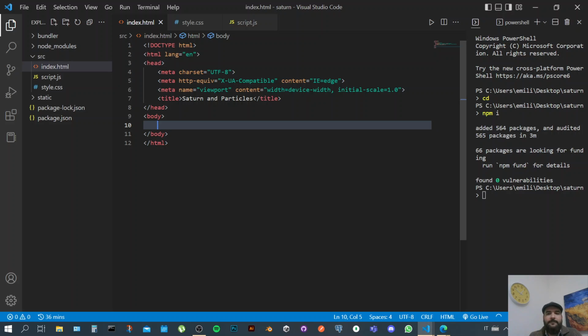So I will add a canvas element, and we'll give it a class of canvas. For that, you have a very quick shortcut. So canvas dot, the name of the class that I want to give, canvas. So canvas.canvas, enter. It will create the element with the class, instead of writing canvas, then class, then